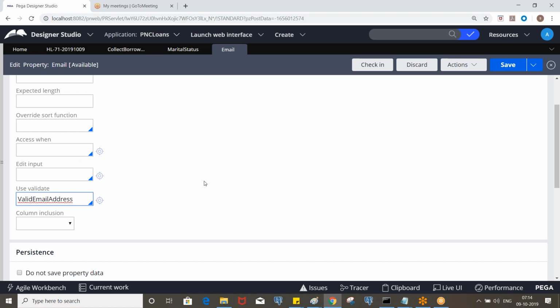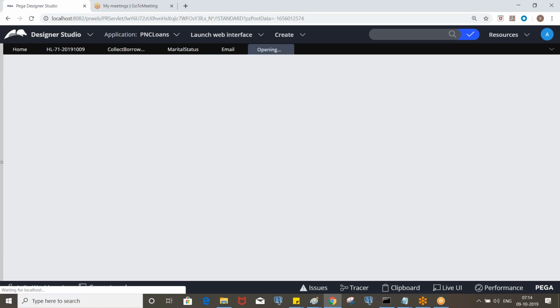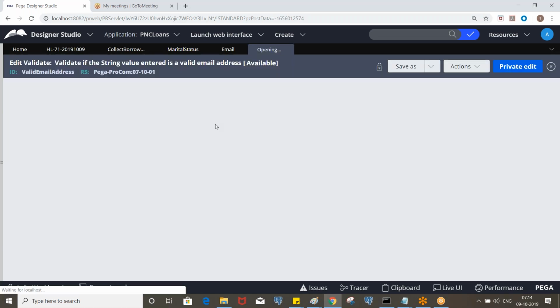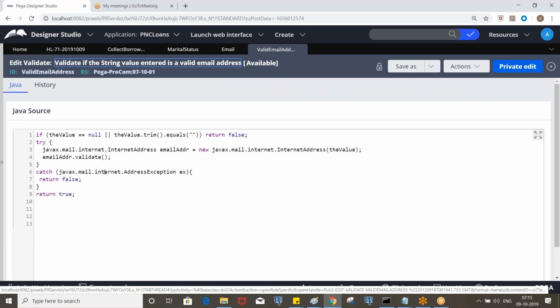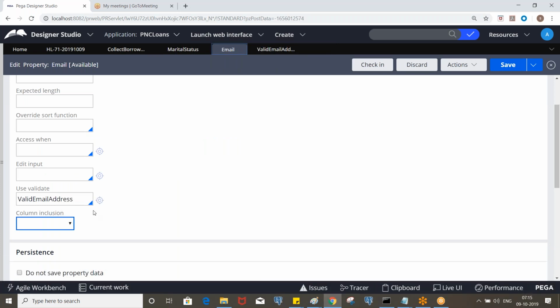If you open this edit validate, it contains some Java code, right? But we don't bother about this. Even Pega doesn't recommend writing Java code except for these rules. So in this case, we can use the out of the box edit validate tool.